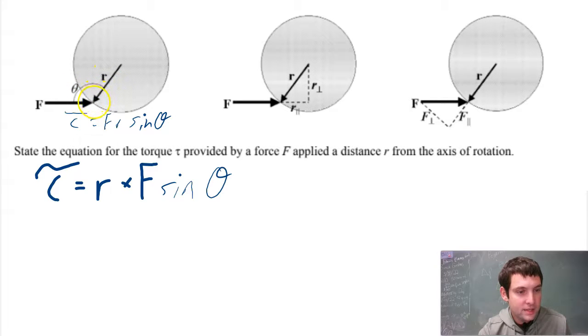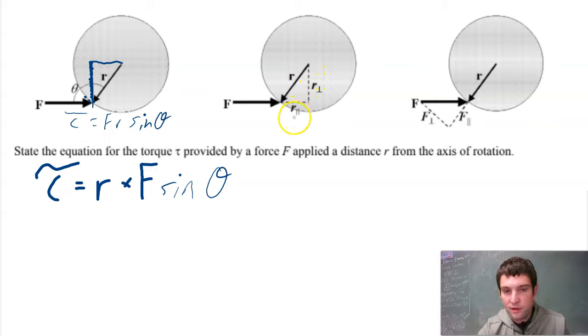What we need is the vertical component of that r vector. Or if you want to look at it differently, we need to break the force vector into a perpendicular component. But basically we need this piece of the triangle, however you want to get that piece. That's usually the easiest right there. So it's rF sine theta, here